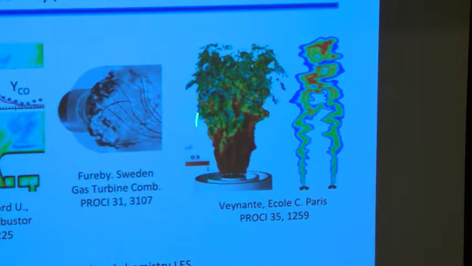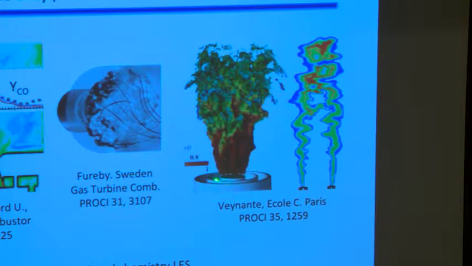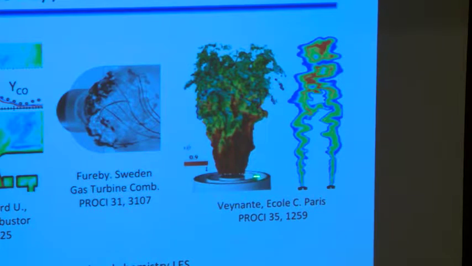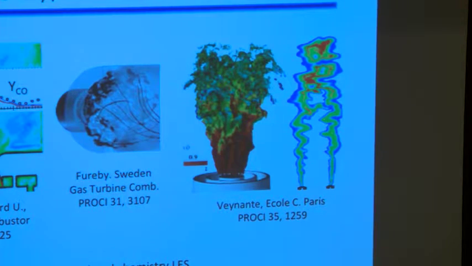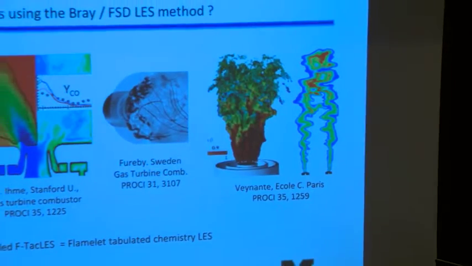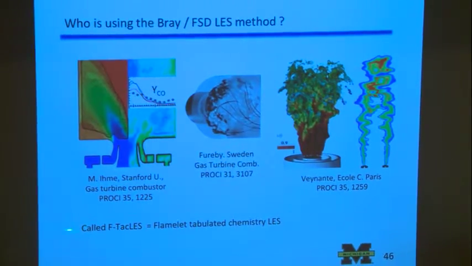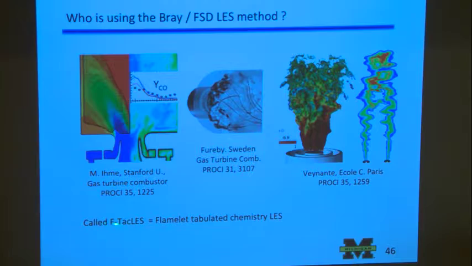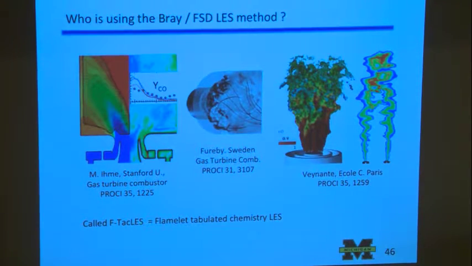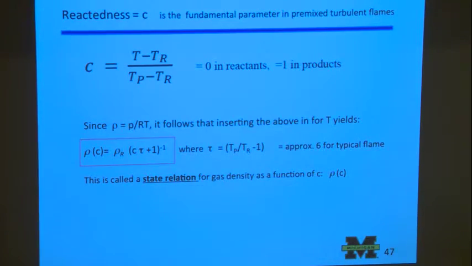So it's stratified in a very well-defined manner, and she's done the experiments, and the French have modeled it. And the word that they seem to be calling is filtered tabulated chemistry, LES. I said flame, it should be filtered tabulated. Okay, so